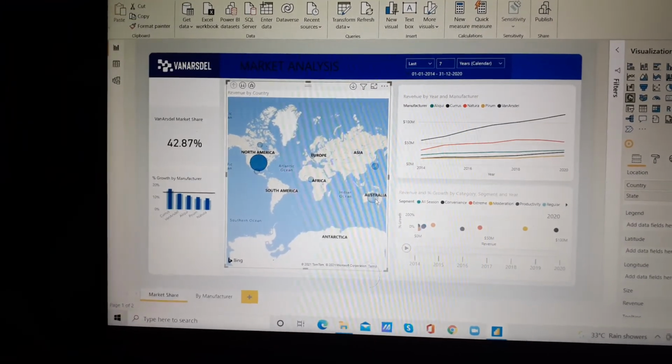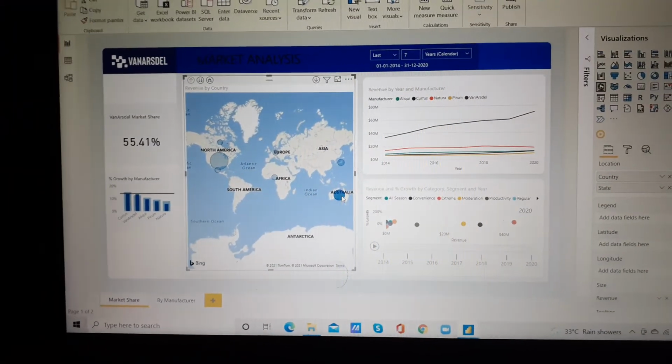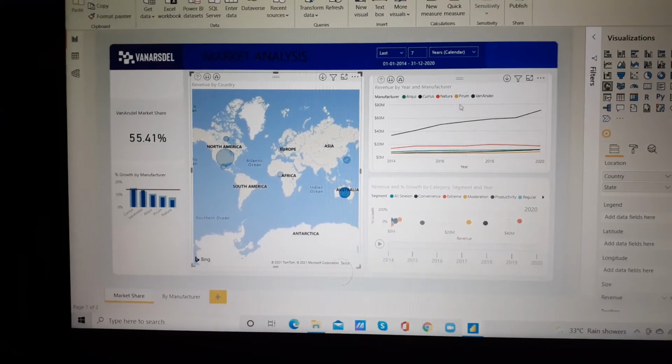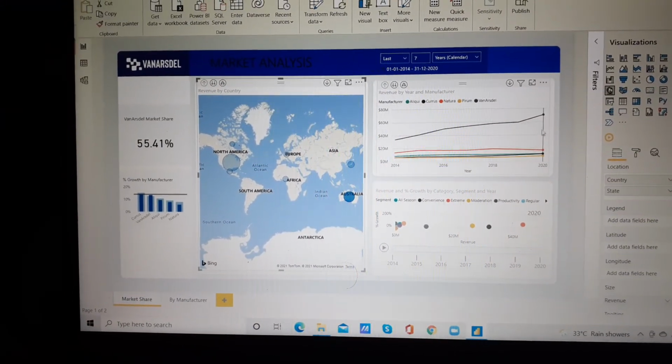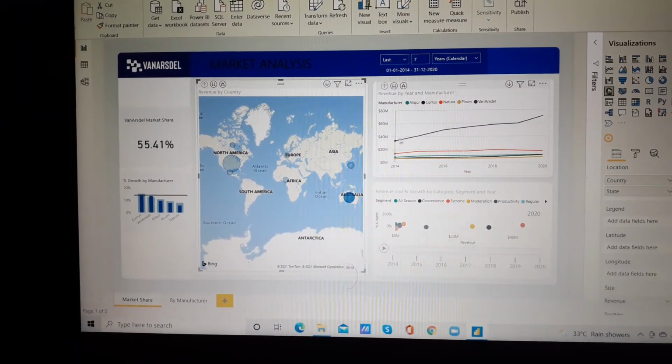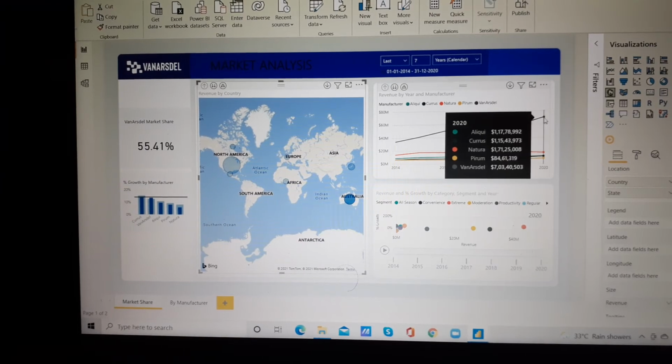Okay, so I will mainly focus on Australia. If I click on this country, it will show the changes year wise for different manufacturers, right?